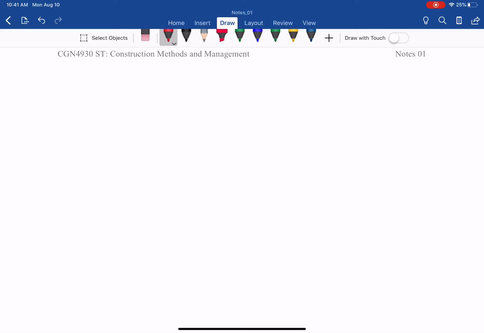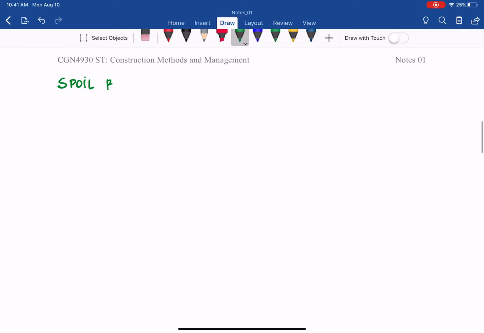Continue with the lesson. In this case, we are talking about how to determine the volume for different geometrical shapes. And the two shapes that we are talking about now are the spoil bank and the spoil pile. So in terms of spoil bank,